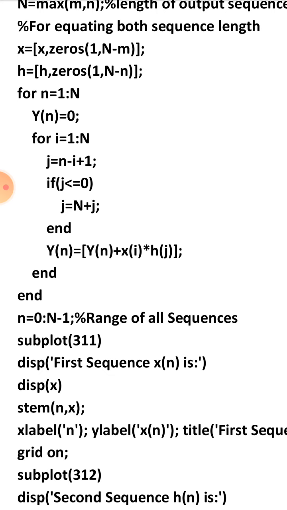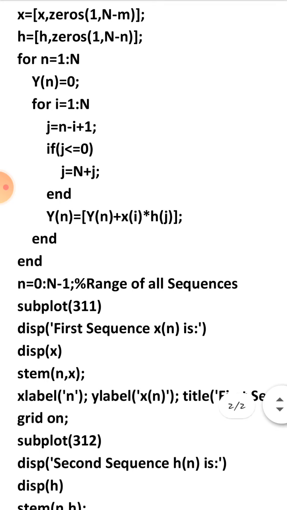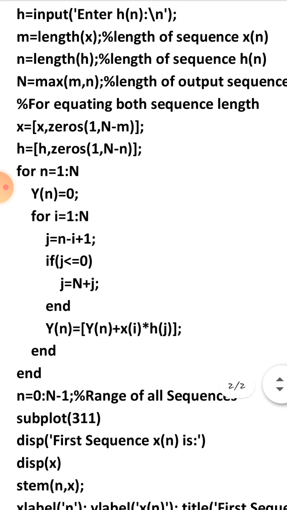If you look back at the linear convolution video, you can see that we don't do this convolution in a loop. We just give the convolution inbuilt function. For circular convolution also you have an inbuilt function in MATLAB. It's called C convolution, that is CCONV. That inbuilt function will execute the same